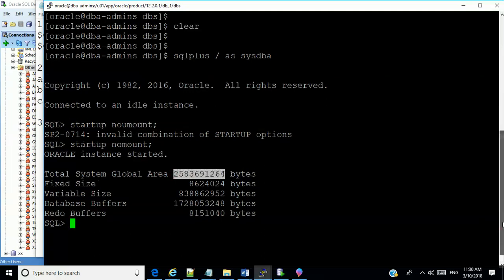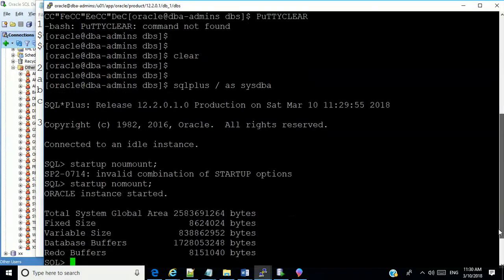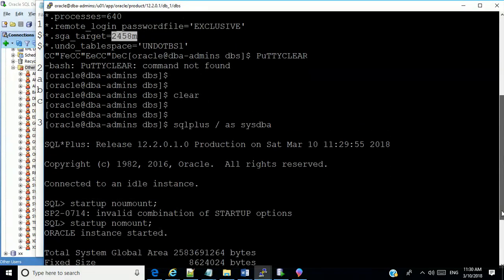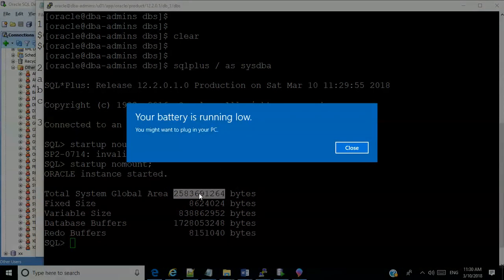We read this value as the SGA_TARGET. Okay, so automatically it allocates that value. Okay, plus that's the value here. Okay, if you divide that by 1024, you get it in kilobytes, and if you divide that again, you get its value.